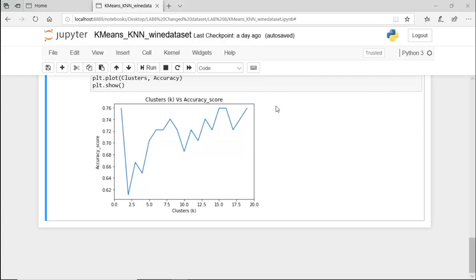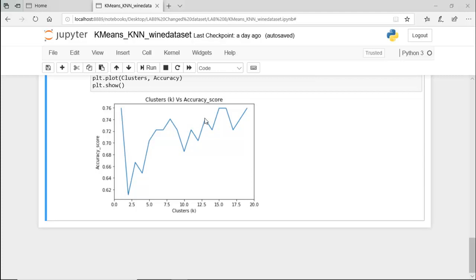Now how do we identify the global optimum of this result? Whichever is the highest point. At k equal to 1 we are getting this. Similarly, when k is equal to 15 and around 16, the same results are obtained. That's where we say it's the highest optimum.